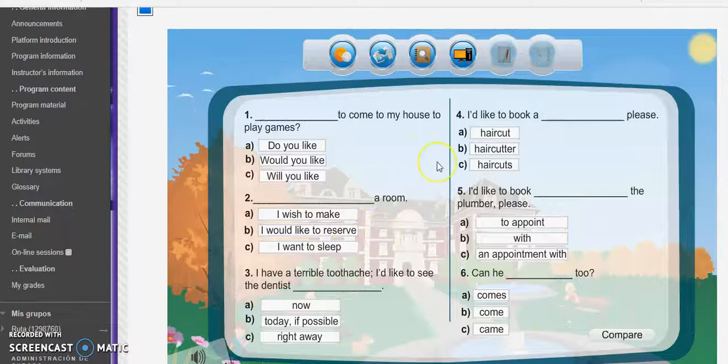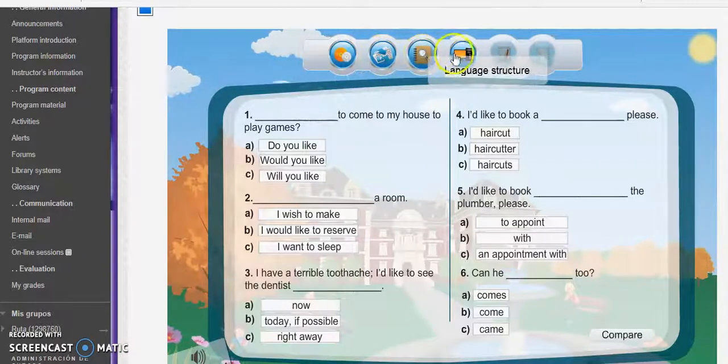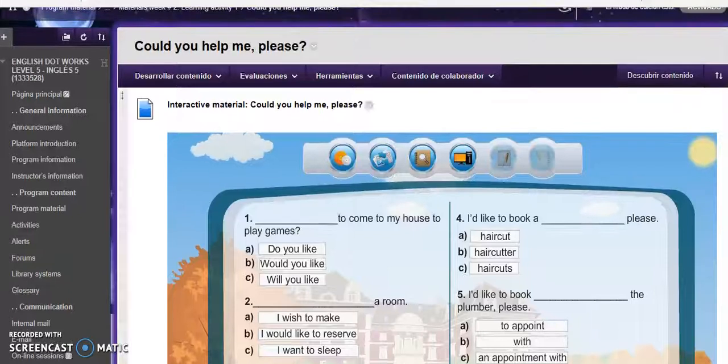Okay, in this part you are going to find some other exercises. At the end you have to complete this part, and these two parts are the activities that you have to complete, but at this moment I only need you to complete the first 4 circles. Okay, the warm-up, the answer the questions, language structure, and exercising. When you finish this part, you will have to go back. Okay, you will have to go back